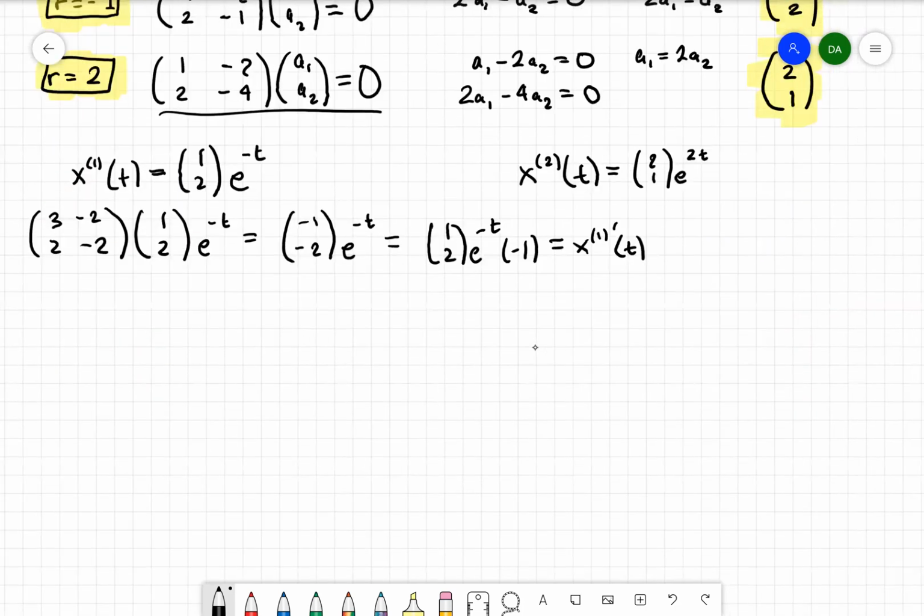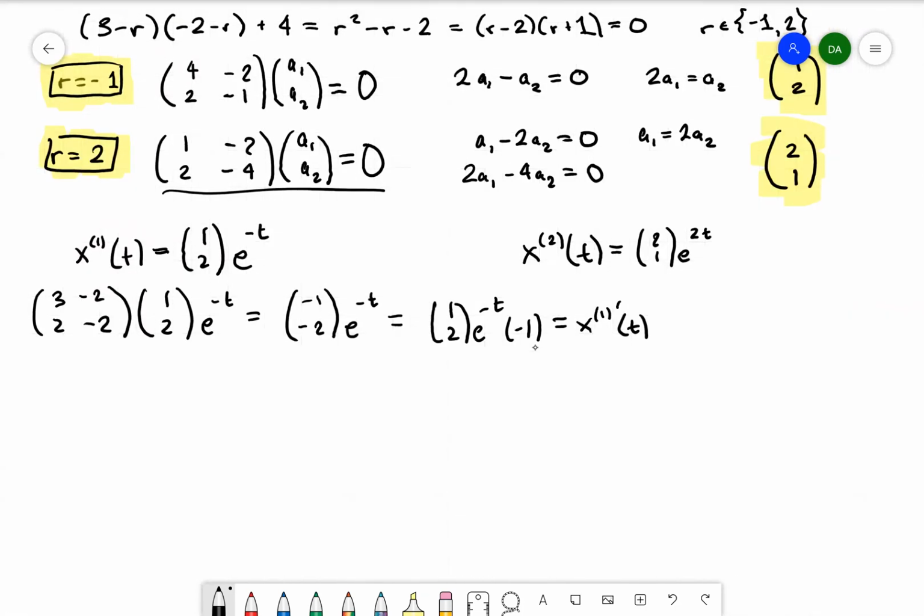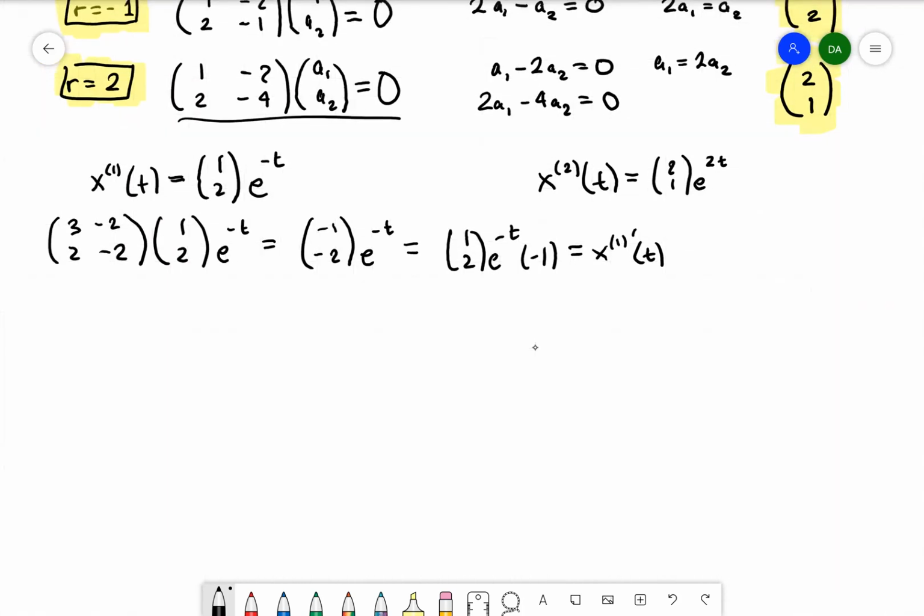Okay. Now I want to expand a little bit on this. First of all, I'm going to write out the general solution. So it's just going to be a linear combination of these two solutions. I'll write it as C1 (1, 2) e to the minus t, plus C2 (2, 1) e to the 2t. And what we have from the existence and uniqueness theorem is that we should be able to get a specific solution regardless of what our initial conditions